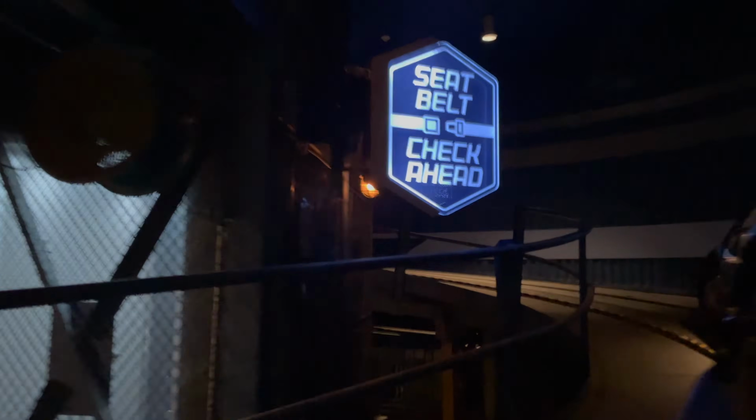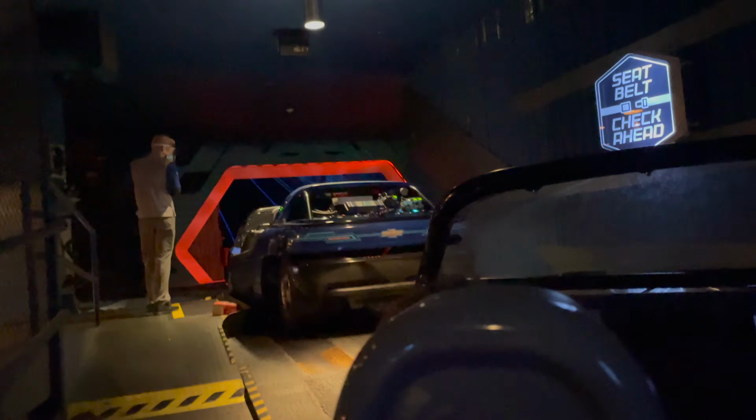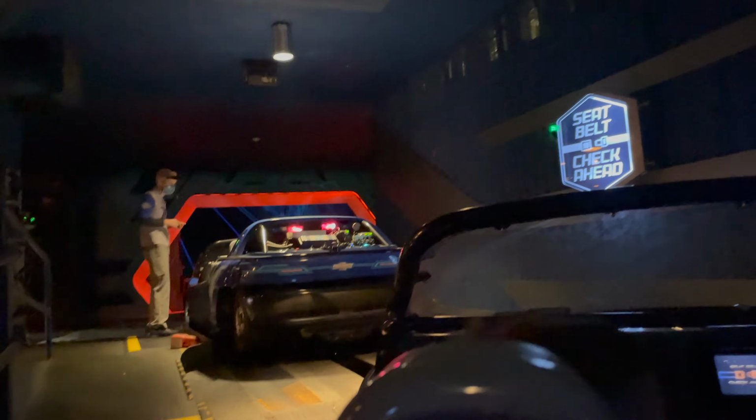Belt check is around the corner. For your safety, remain seated with your seatbelt fastened and your hands, arms, feet, and legs inside the vehicle at all times. And please supervise children. Thank you. La estación de control de cinturones de seguridad está a la...